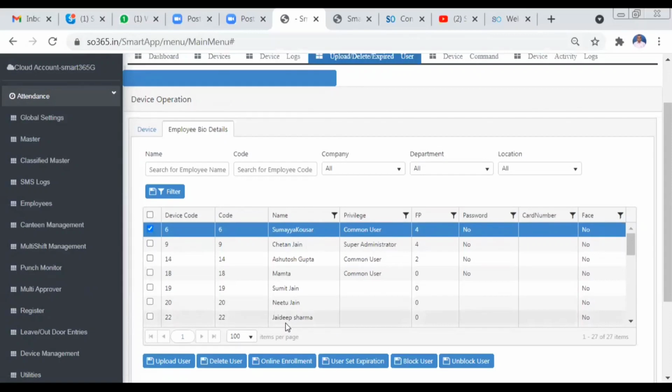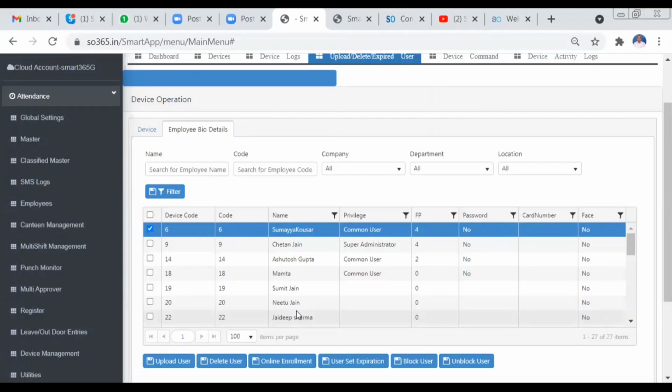Suppose you have taken a 3 month subscription in a gym, and once your subscription is over, you are not allowed to punch in the biometric machine. That expiration date you can set over here, and you can block the users and you can unblock the users also.